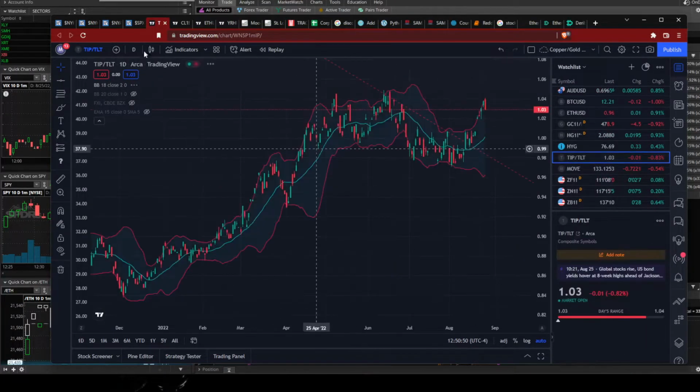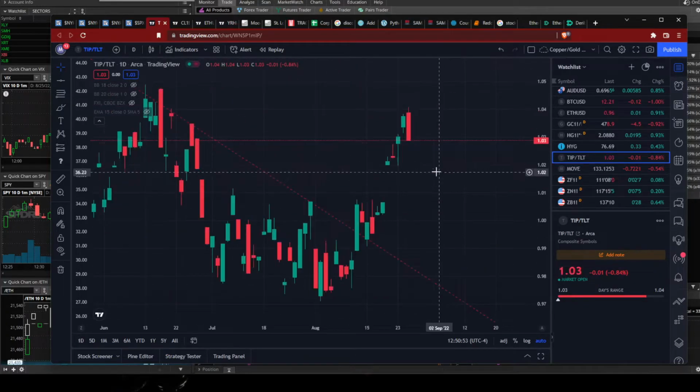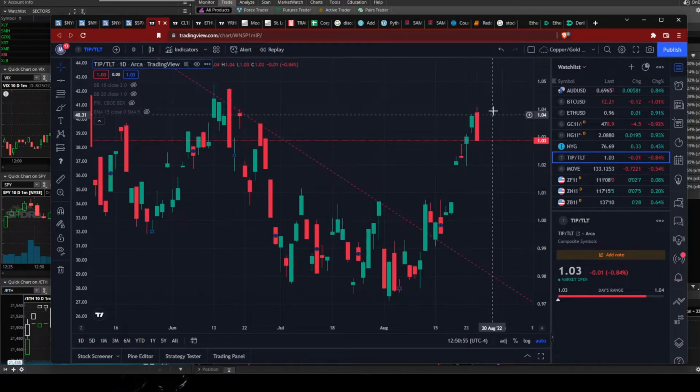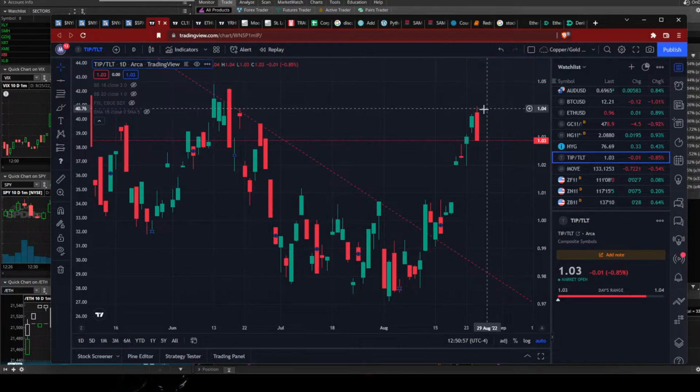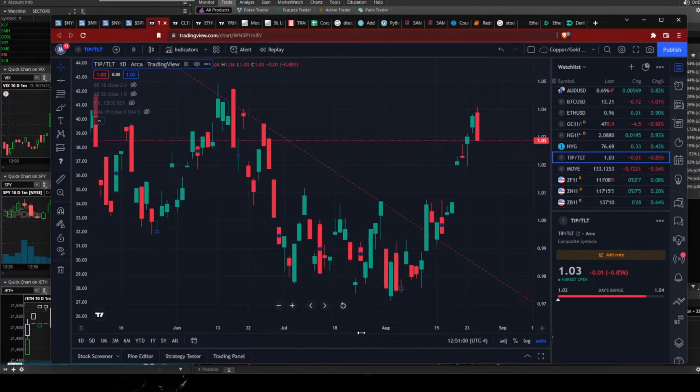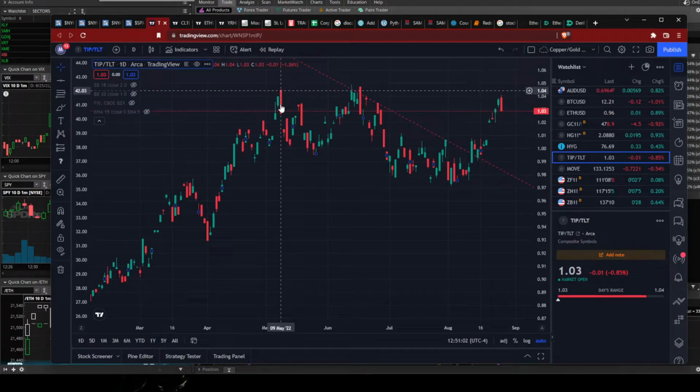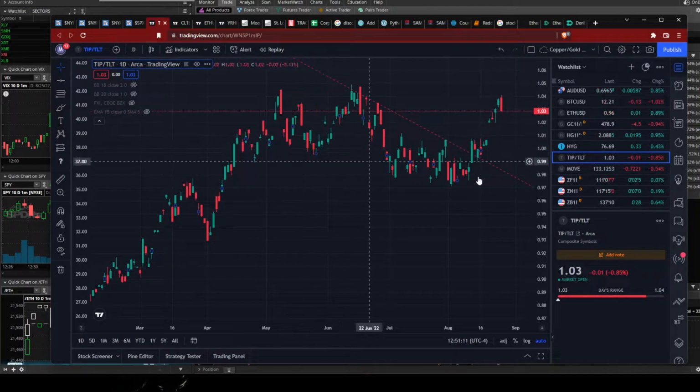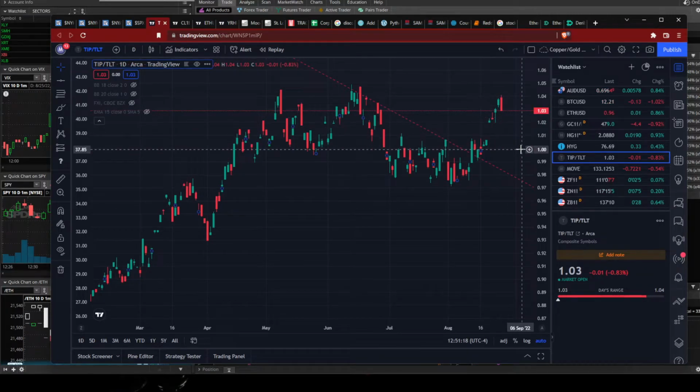It's in the process of making an outside day down. Okay, this is in the candlestick world, we call this an outside day down. The only reason why I bring it up is because every time we had an outside day down in TIP-TLT, it brought with it further movements down. Is this time different, or is it going to do a little bit of the same? Maybe it does go down a little bit and then pops back up later. I don't know. But that is a signal that I'm looking at right here.